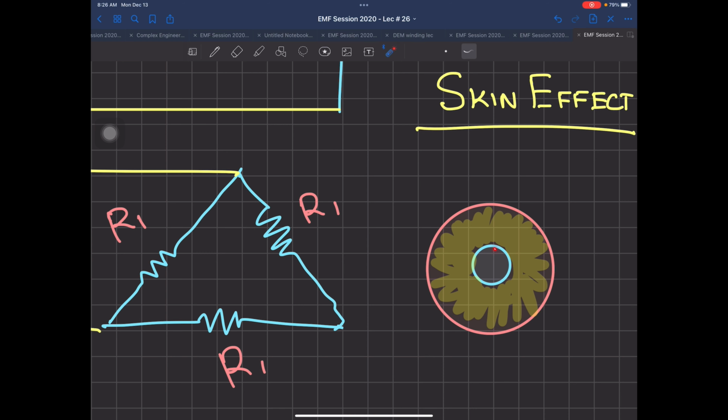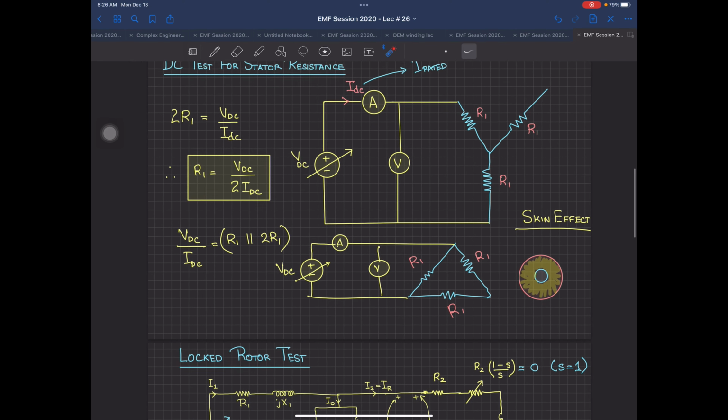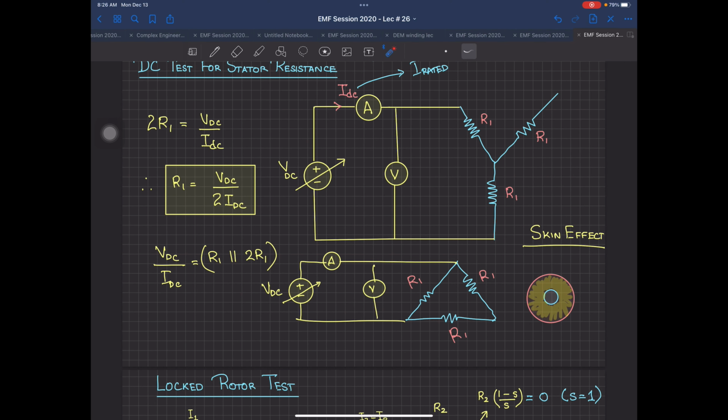So practically this area is lost. You are not having any current flow through it. So the resistance is certainly going to be a little larger, because you have lost some copper area. This R1, whatever you are measuring here, is not going to be the exact value at AC, so there will be a slight difference. But still, it is negligible, almost the same you can say.